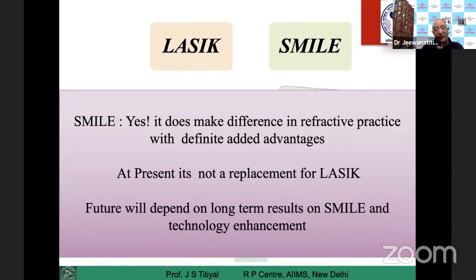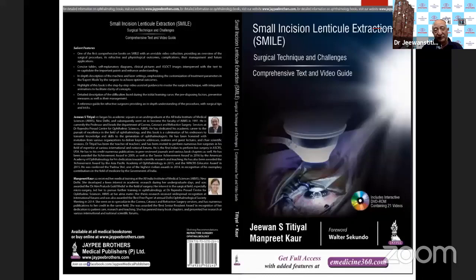Today, if I see my practice, SMILE we have been doing for the last 4 years, it does give you very good results. I have yet to take a single patient for retreatment after SMILE procedure. So we have a better understanding of suitability of patients based on refractive error, age, biomechanical strength, and topographic picture, and surgery-wise also we are better off: better training, better systems, better machines, and the results are far, far better. I think people should go for refractive surgery for our young patients.